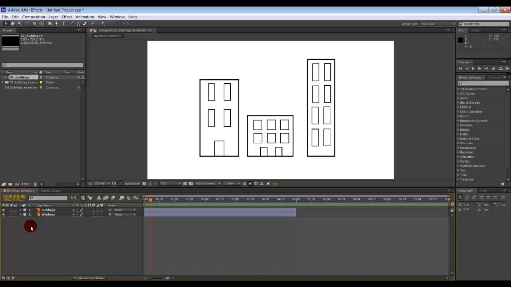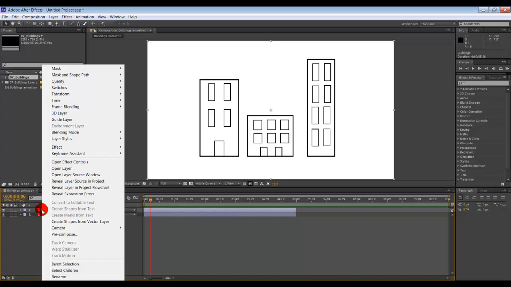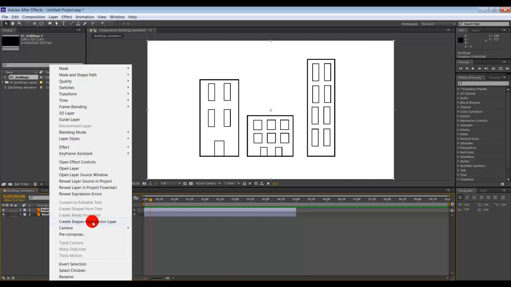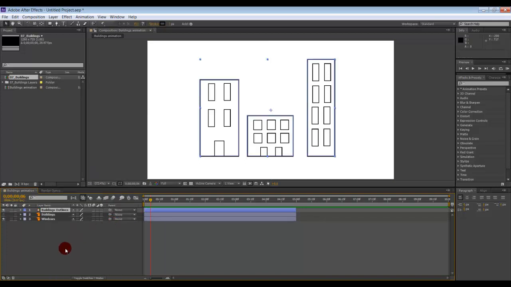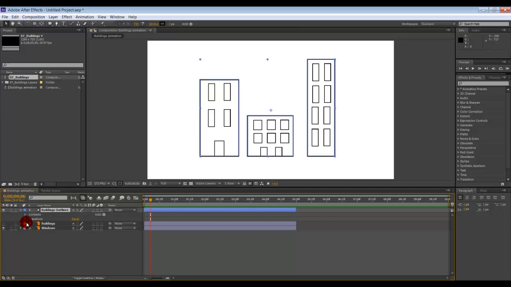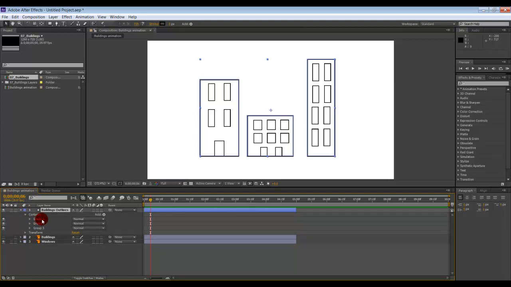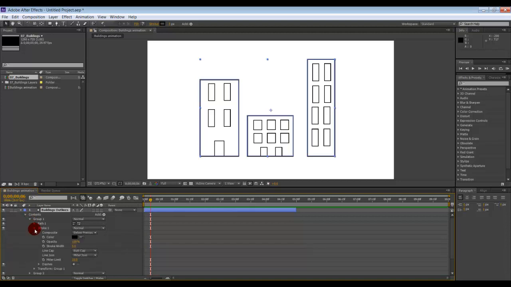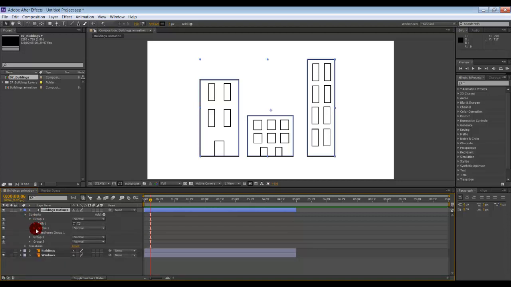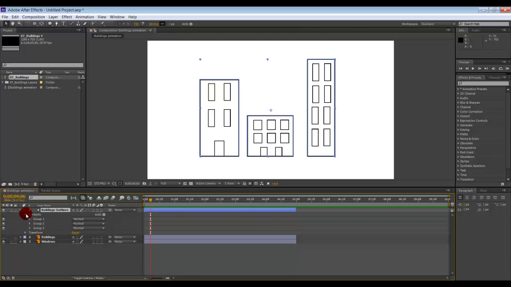So there is this fantastic option in After Effects that basically transforms each Illustrator layer into a shape, into an element that can be animated in After Effects. And this function is called, if we select the layer and right click, Create Shapes from Vector Layer. Now we have a new layer called buildings outlines, which if we open up contents, we have our three outlines, group 1, group 2 and group 3, and inside we have